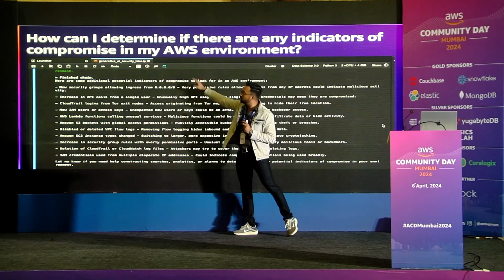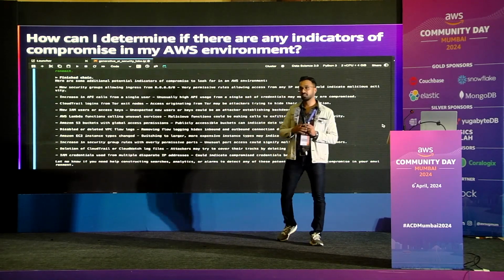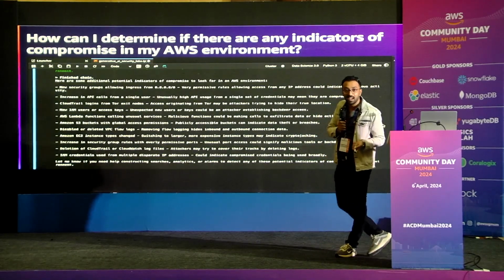It's saying to me that, hey buddy, these are the potential issues of compromise. Your security group is open. API calls are coming from a single user, which is really high. Everything, right? And now, if you say, Shashank, I don't know how to do a port scan,